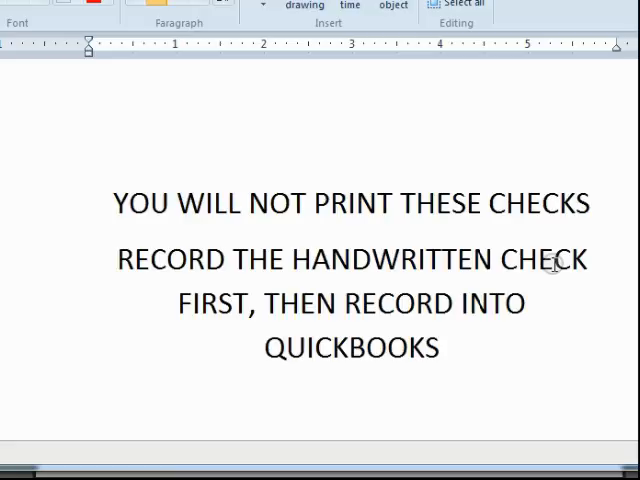It's my understanding that you physically record the check in a handwritten check first, then record it into your records. So if you're not printing from the printer, if you're writing handwritten checks, you have to make sure that the option is removed in the window, and you have to make sure that you write the check first before you